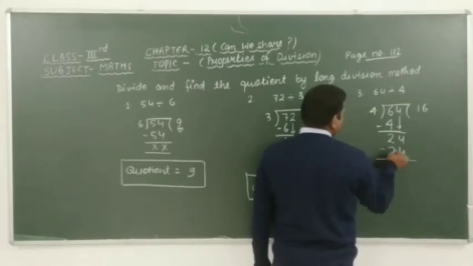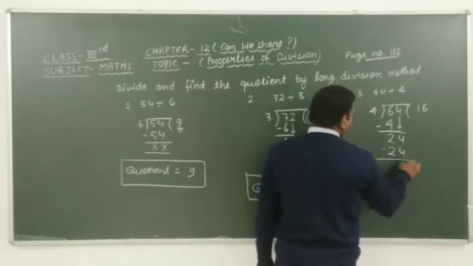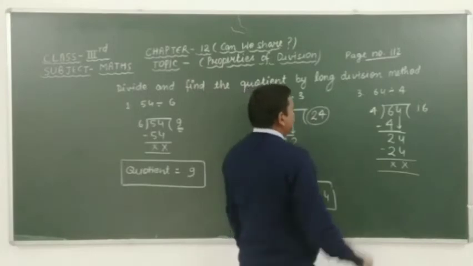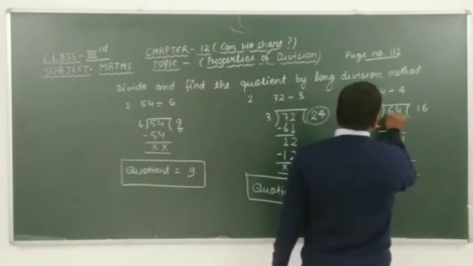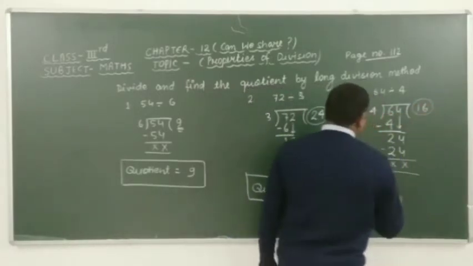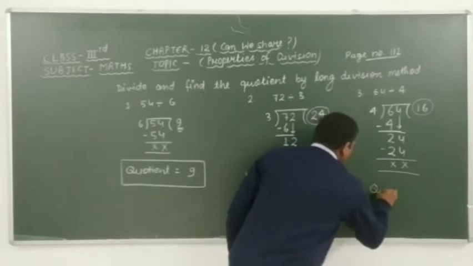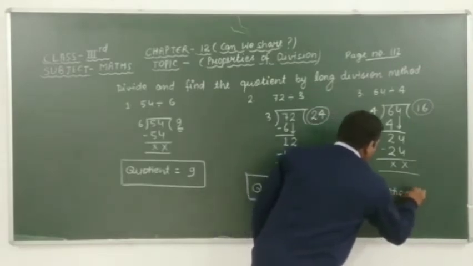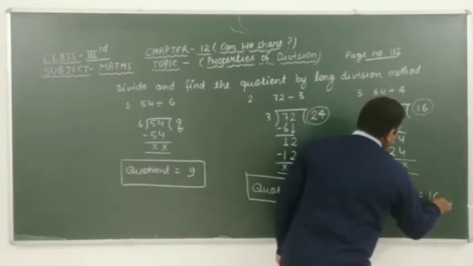After subtracting these we get 4 minus 4 is 0. It means that cancel out, and 2 minus 2 is 0. It means that cancel out. Okay students, it means that after dividing these we get 16 as quotient. Therefore we can write quotient is equal to 16.